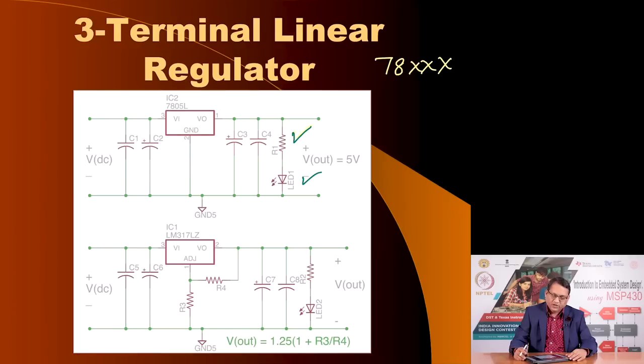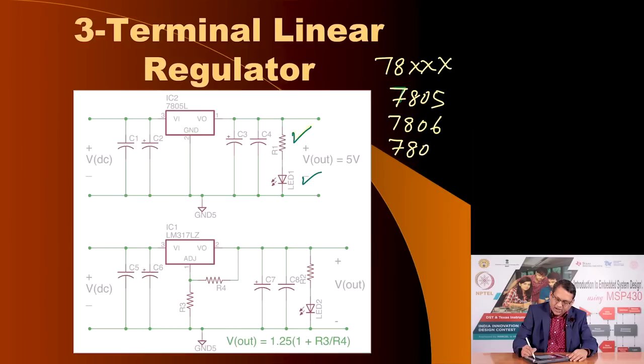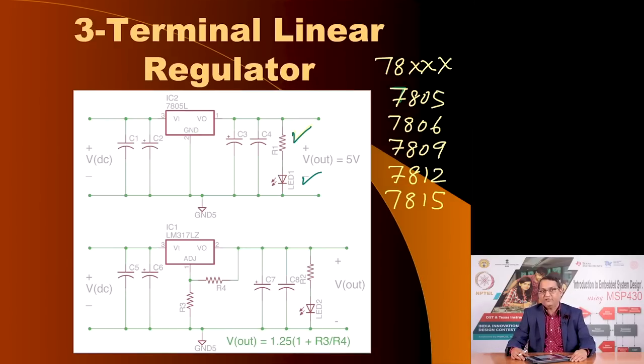In case you want the output voltage to be other than what a fixed output voltage regulator such as 7805 can provide. For example, in fact this is a complete series, you get 7805, then you also have 7806, you have 7809, you have 7812 and so on, 7815, and in fact there is also a counterpart for negative voltages, which is the 79 series. If you want a voltage for example of 9.5 volts, then you can utilize this 3 terminal